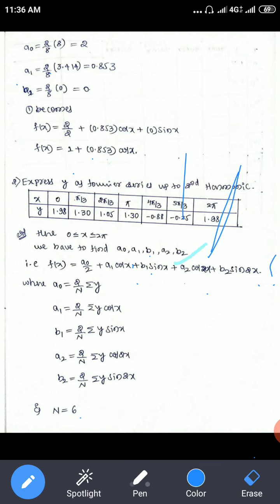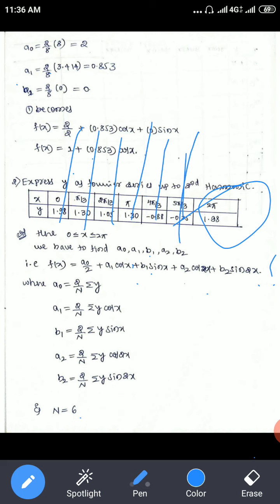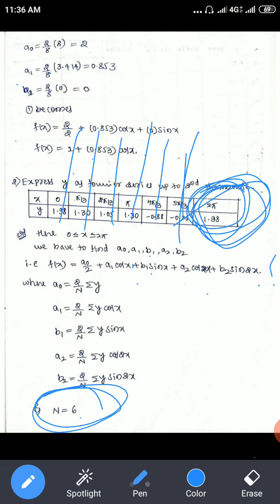So what I will do is that, this value I will neglect. 1, 2, 3, 4, 5, 6. So capital N is equal to 6 we are getting. So this you neglect it, please. Where the value is repeating, that value we have to neglect it. So next you can see here.